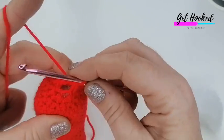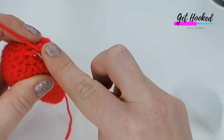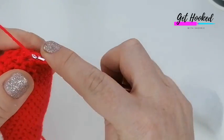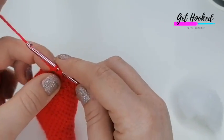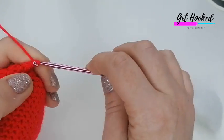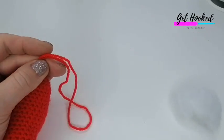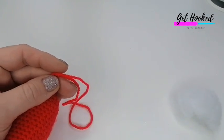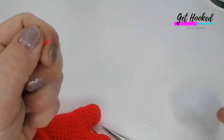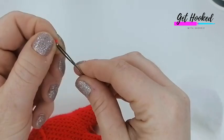I'm now going to slip stitch to the front loop of the next stitch, and then tie off, leaving a longish piece of yarn to just sew the top up. So you'll just need your darning needle